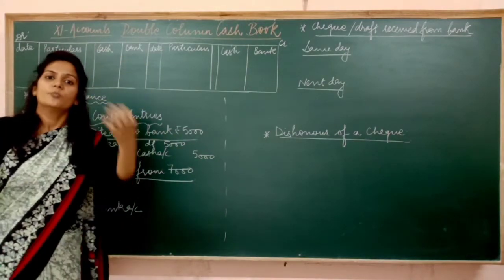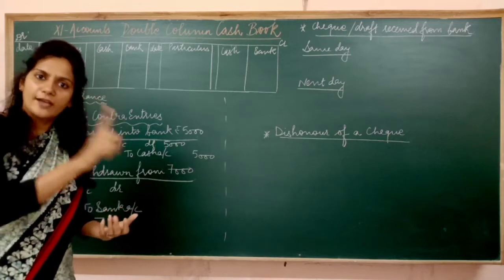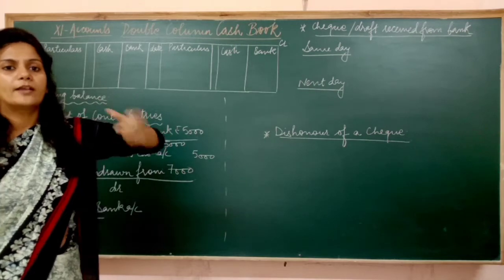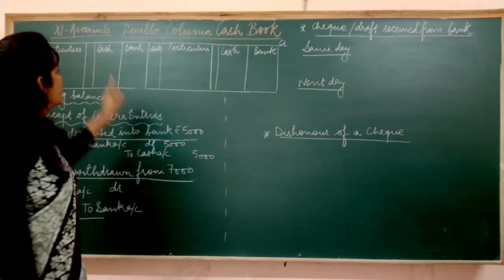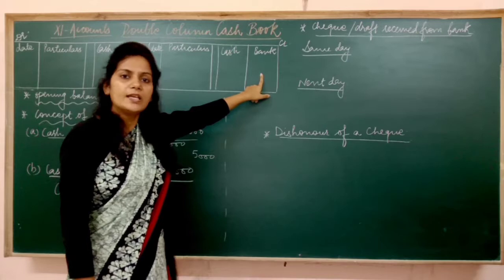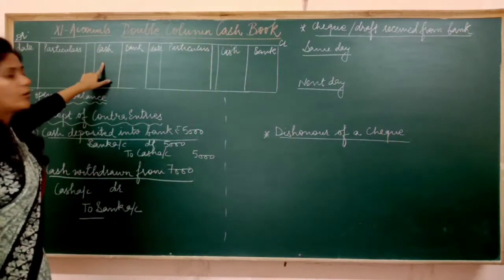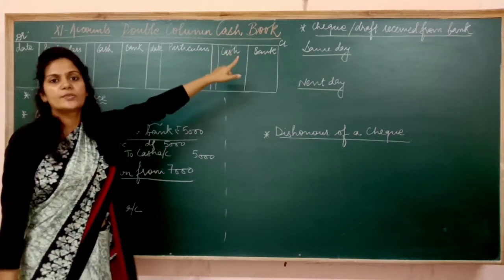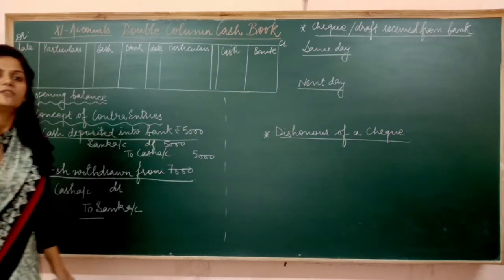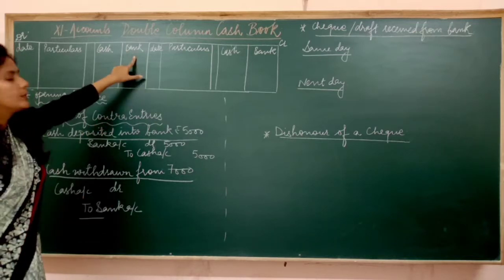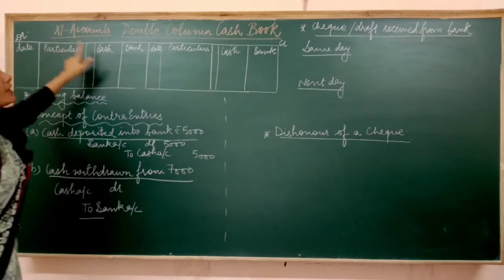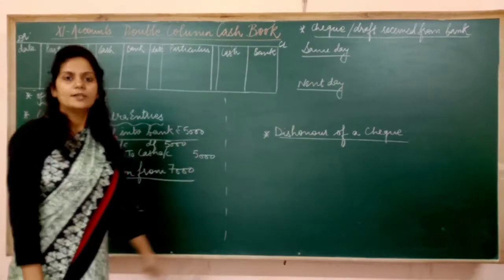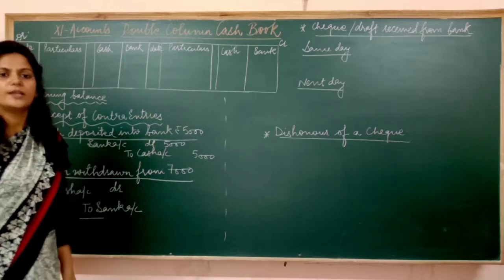Similarly, whenever you take out money from your bank account, HDFC bank will make a note, but you also will make a note. Now when you take out money from your bank, the bank will become the giver. So if debit is the receiver, credit will be the giver. Similarly, if cash comes into the business, it goes on the debit side; if cash goes out of the business, on the credit side. Whenever money comes into the bank account, the bank becomes the receiver, on the debit side. Whenever money goes out of the bank, the bank becomes the giver, on the credit side. So it means both have debit balances.